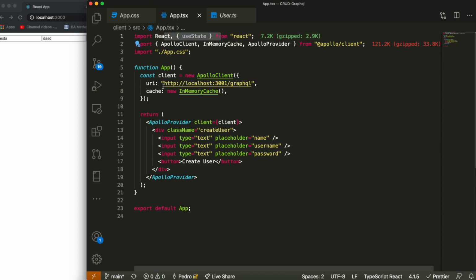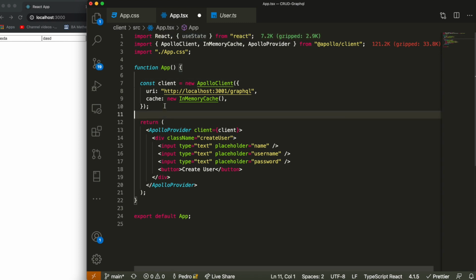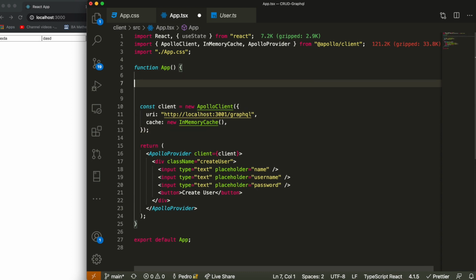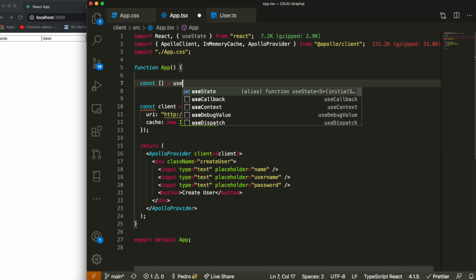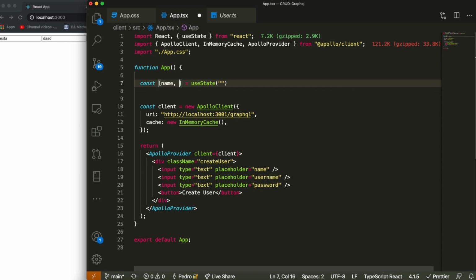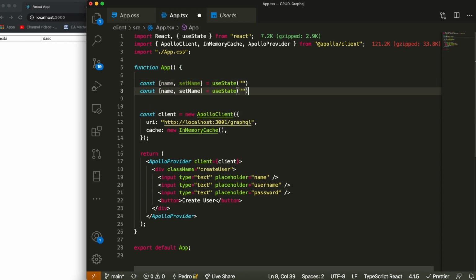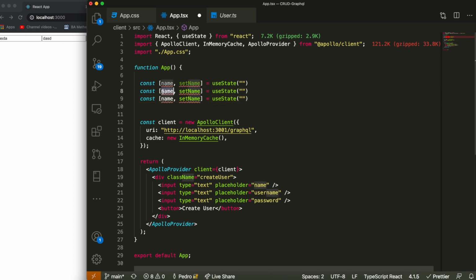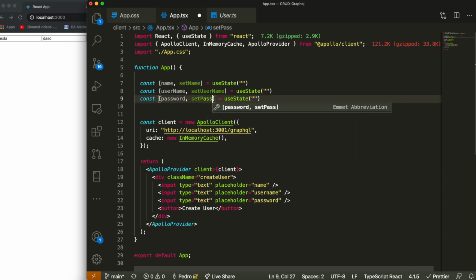And we can come here to our function app, and right at the top, above where we define the client, we can just say const equal to useState, and pass, it's going to be a string, so we need a name, which takes a function called setName. And let me just copy and paste this, because we're going to use them more. So we need a username, and we need to set username like this, and then for password, so password and set password like this,